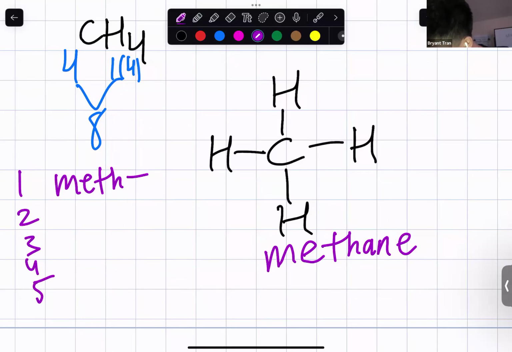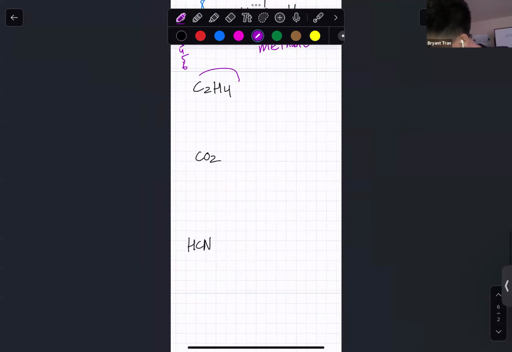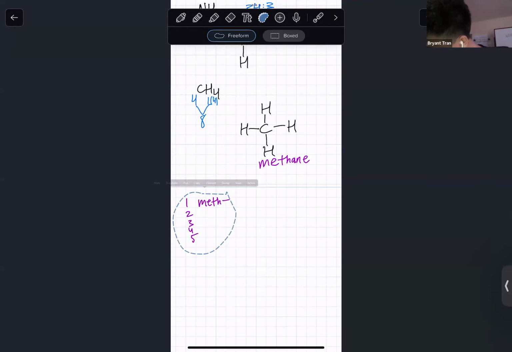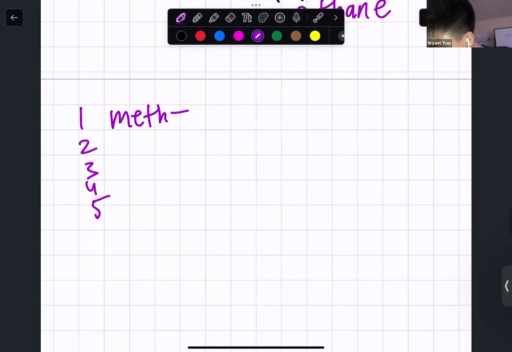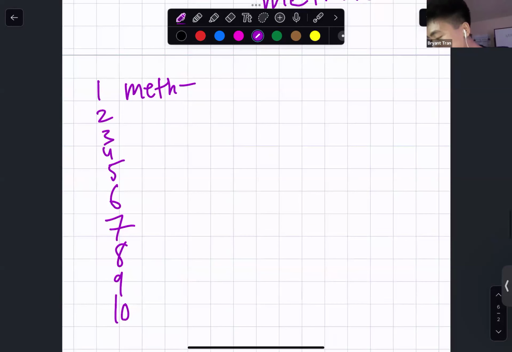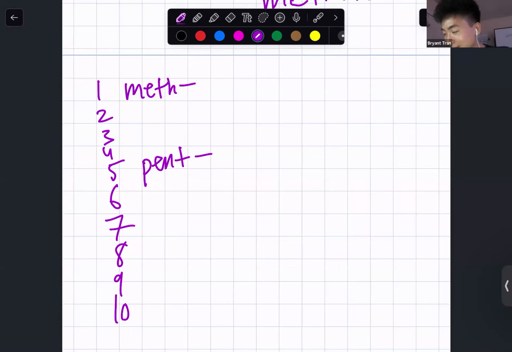Two, three, four, five, six. Let's go down here. One is meth. And then I want you to try these all the way through 10. You already got 5, which is pent. Now try 2, 3, 4, 6, 7, 8, 9, 10. You haven't seen this yet, but just let me know if you don't know this. 6 is hexane. Hex. Yes, hex. And we're not putting ane because it could be ene,